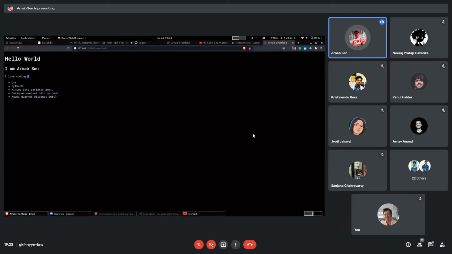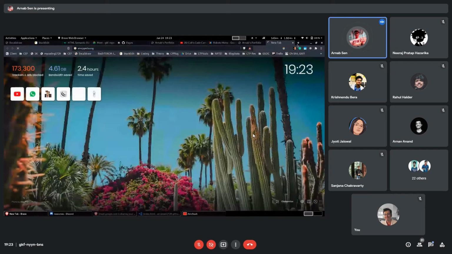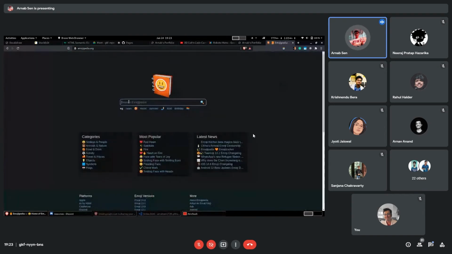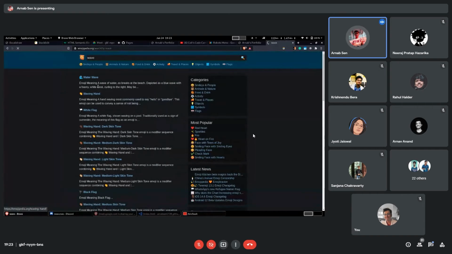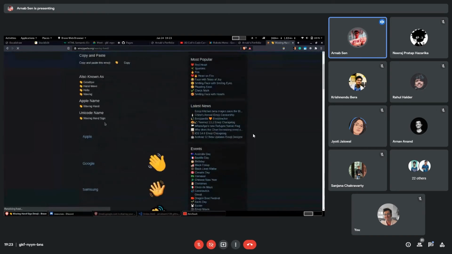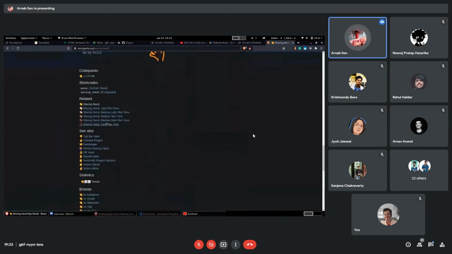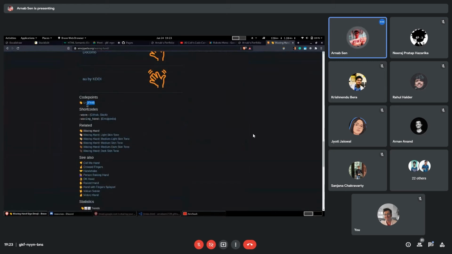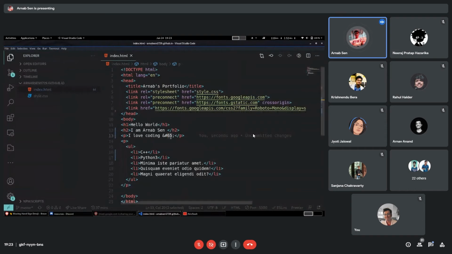So you can go to, let's say, Emojipedia. I want to get a particular emoji. Let's look for waving hand. And you can go to the bottom, I guess. Yeah, so there is the code point over here, written in hex. So instead of 65, you can replace that. But since it's in hex, you have to add an X in front.